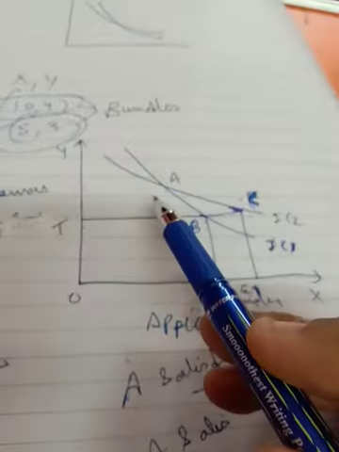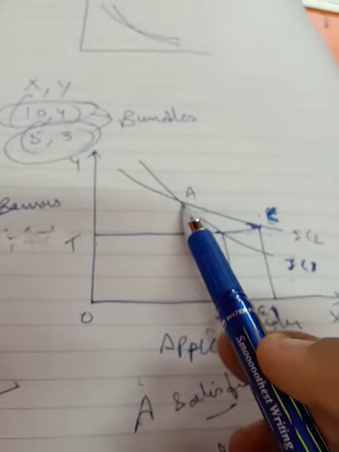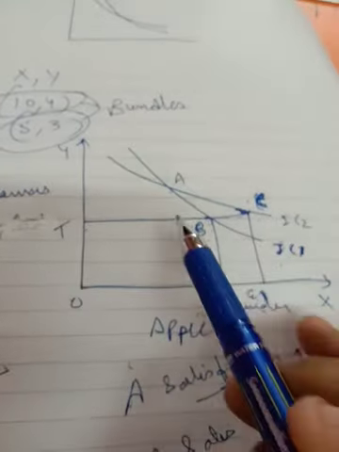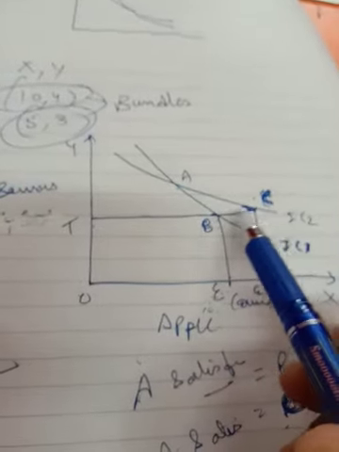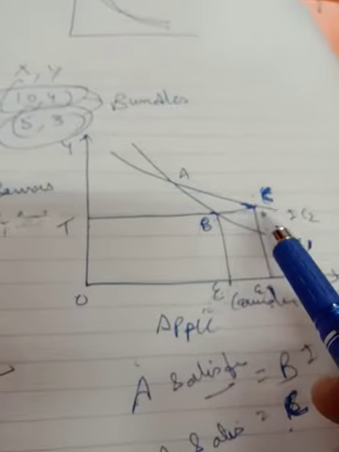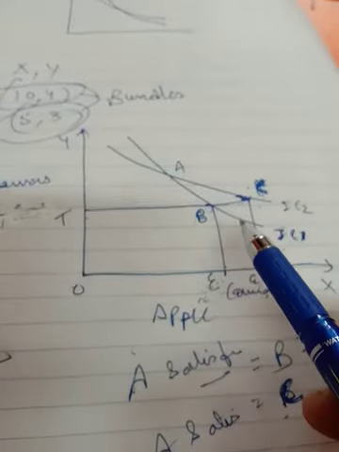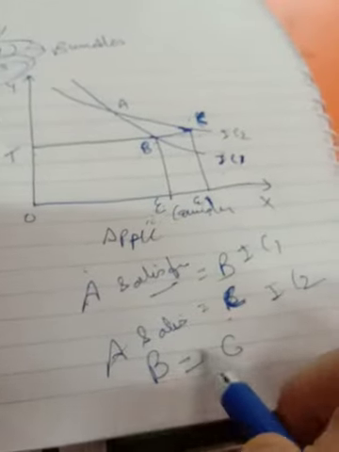ये आप ऐसे बना के प्रूव करोगे कि A पॉइंट जो IC1 IC2 पर है वो तो सेम लेवल ऑफ सेटिस्फैक्शन दे रहा है, बिकॉज दैट इज़ द कॉमन इंटरसेक्शन पॉइंट. लेकिन IC1 पे जो B पॉइंट है और IC2 पे जो C पॉइंट है, दे कैन नॉट बी इक्वल, बिकॉज C पॉइंट इज हैविंग मोर क्वांटिटी ऑफ एप्पल. If C point is having more quantity of apple, how can the satisfaction from B and C be equal? So satisfaction from B and C can never be equal.